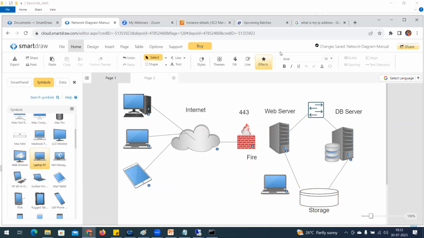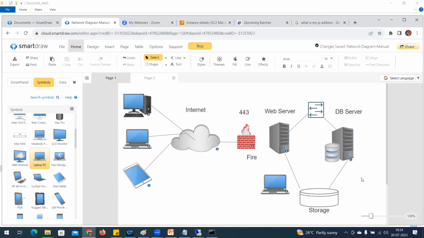Now, by looking at this picture, if I want to connect to this particular web server, do I need to go through the internet? No need. If that system is accessible within the boundary of the local area network within our office, you are in a position to access it privately. That means on-prem. That is the traditional setup: if you go to the office and connect to your server, that means it is on-prem.